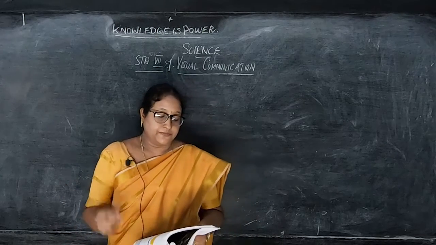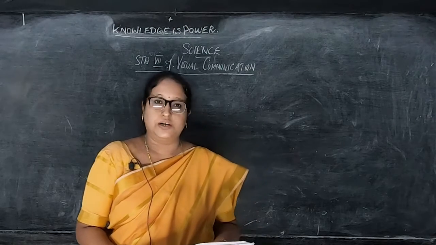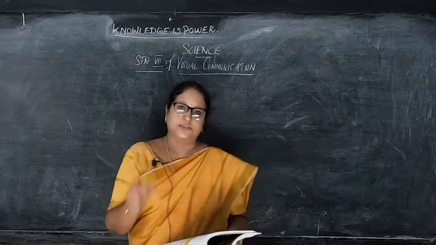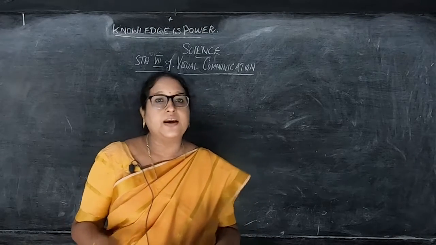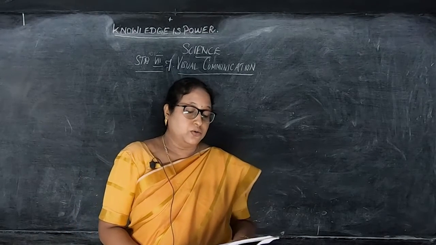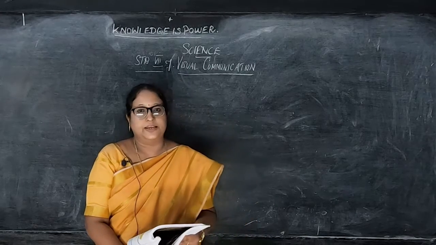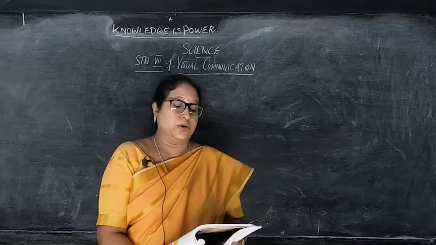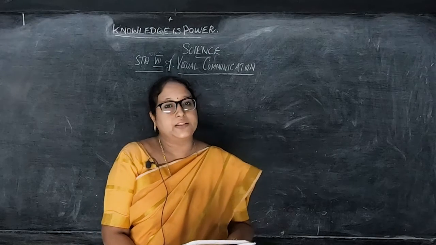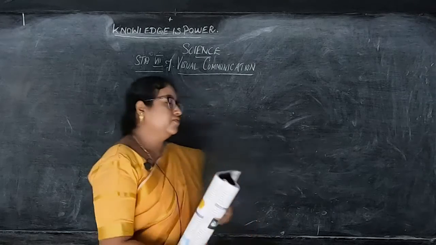Now, apart from them, software and hardware also play a vital role in the working of the computers. This you have learned in the 6th standard itself, what is software and hardware. So, it plays an important role in the computer. Now, we shall learn how to operate the computer. In the 6th standard, what all we learned: hardware and software, input and output device, CPU, all this we finished learning. Okay. Now, we are going to see how to operate the computer. Okay, children. First, we will see the file and the folder.